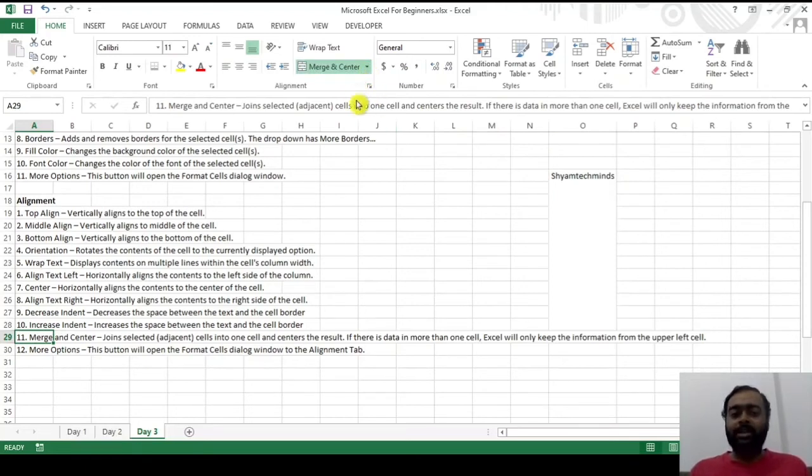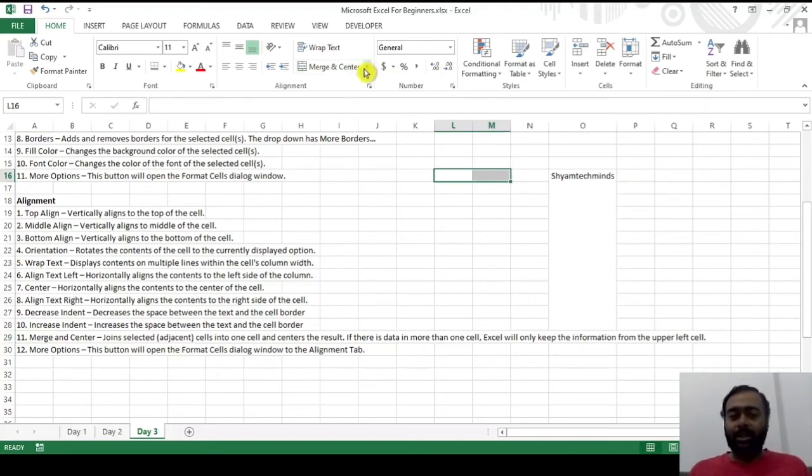So merge and center has four particular items. If you can see, one is merge and center, another is merge across. So let us see what is merge across. Let us do merge across. Okay, so it is here. Now I write this. Everything is the same. Merge across is nothing but it will go towards one particular side, that is, towards the right hand side.